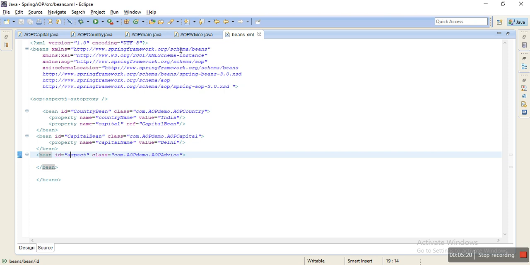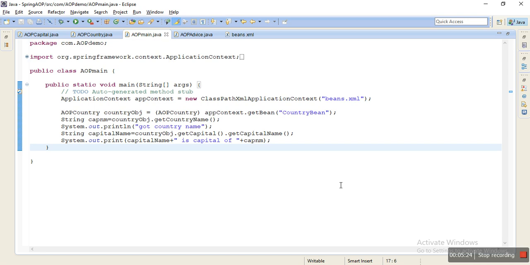Now just observe what your main class has. The main class is simple; the injection is being handled by your beans.xml, and to get that bean you use the context object. How do you get that context object?